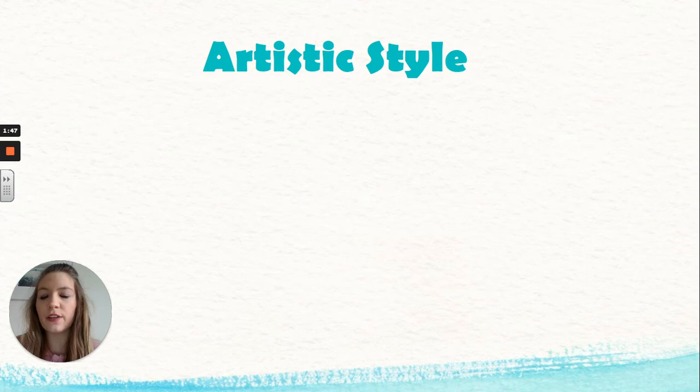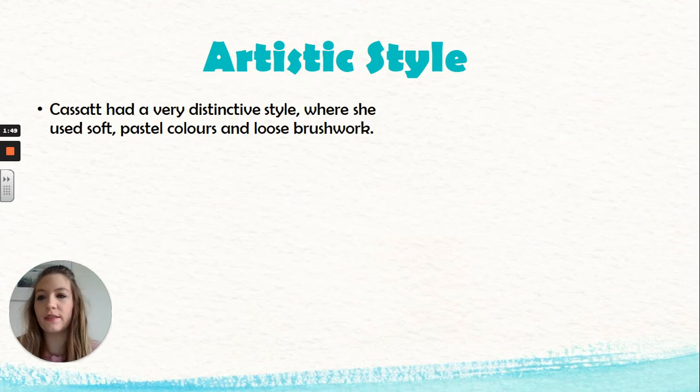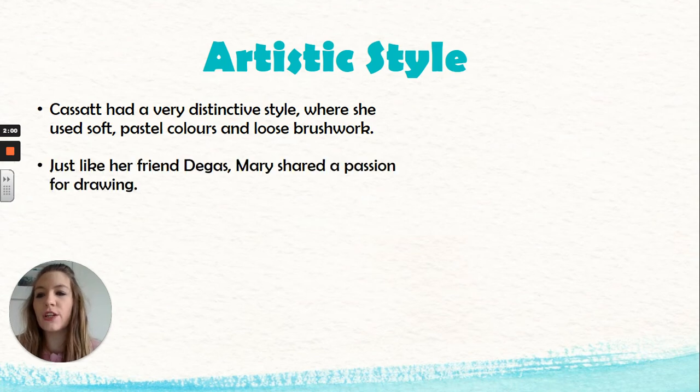Now let's move on to looking at her own artistic style. Cassatt had a very distinctive style where she used soft pastel shades of colour and loose brushwork. Just like her friend which we just spoke about that she met in Paris, Degas, Mary shared a passion for